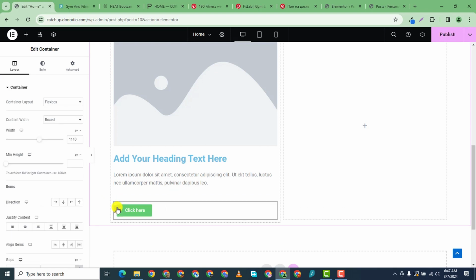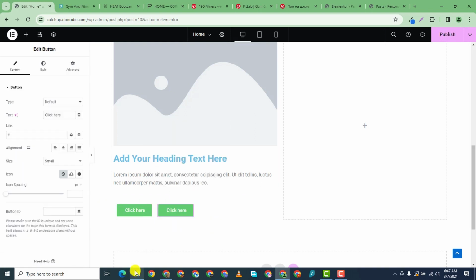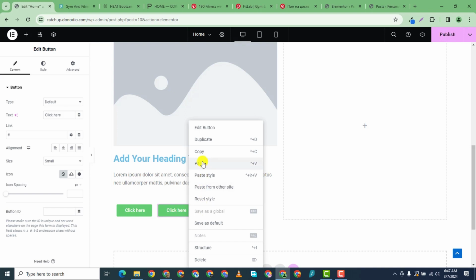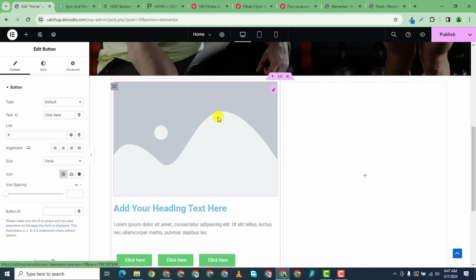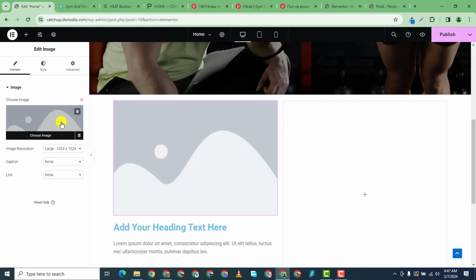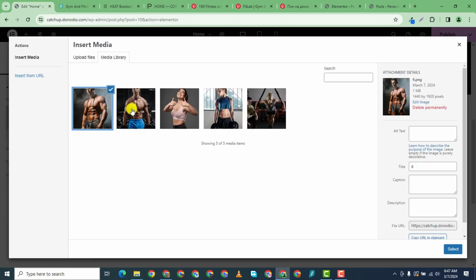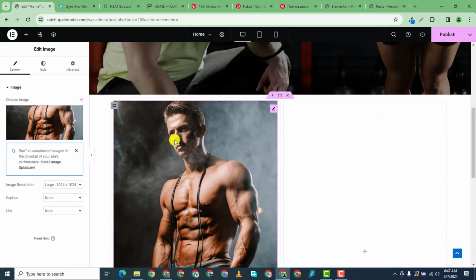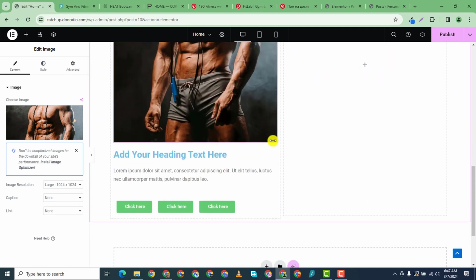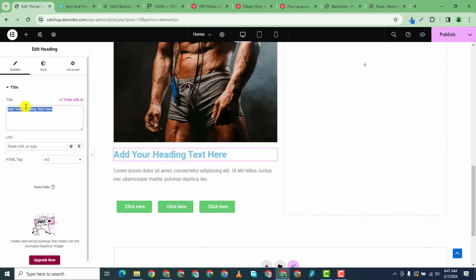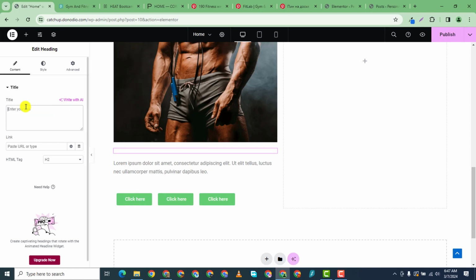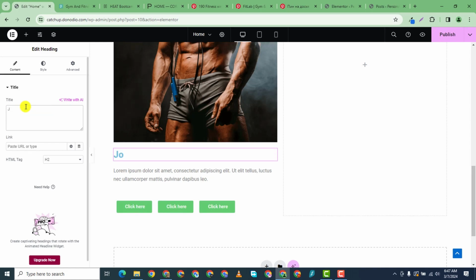Now, before this, I'm going to make this container horizontally aligned, so that if I duplicate this button, both of them will be on the same line. Let me delete this first. So these are some design tricks you should understand about Elementor. Elementor has changed a lot. So I'm going to do this, and I'm going to say this guy's name is John Biodun,